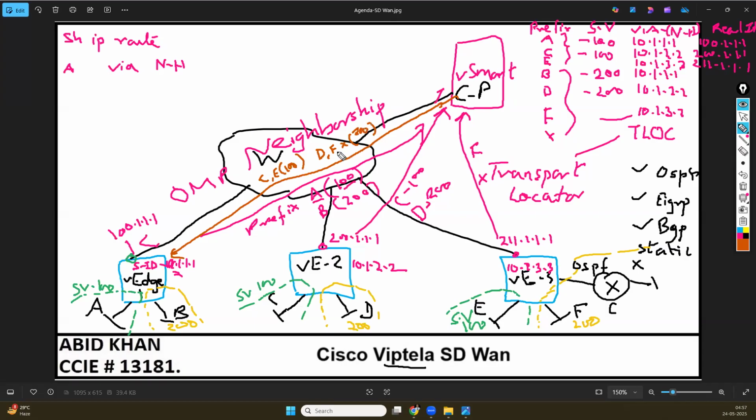It will also inform that, okay, this C is available via T-lock 10.1. Like that. Correct. And E, it will inform that E is basically 10.1.3.3, and this is reachable. 10.1.2.2 is reachable via its real IP